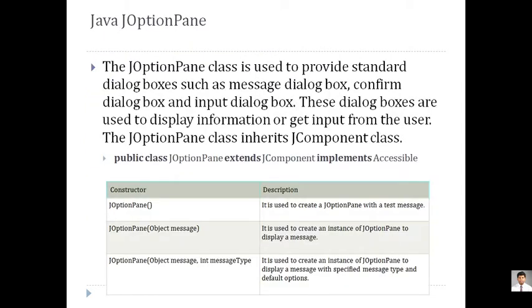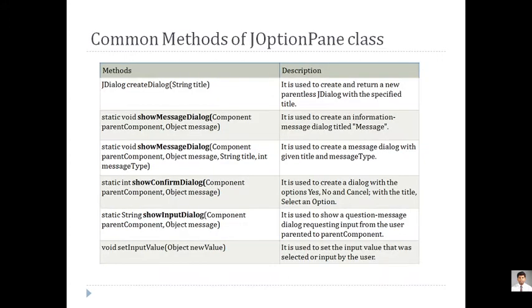Yesterday we saw JOptionPane, which is most important for us, because whenever we are doing any GUI form design, it is always necessary at some moment to accept some values, or to give some message. So the message box, which was not available in AWT components, is now available in Swing components. So we can use JOptionPane in different ways, and JOptionPane can be implemented to display three types of different component classes. That is, you can show a message box using showMessageDialog.